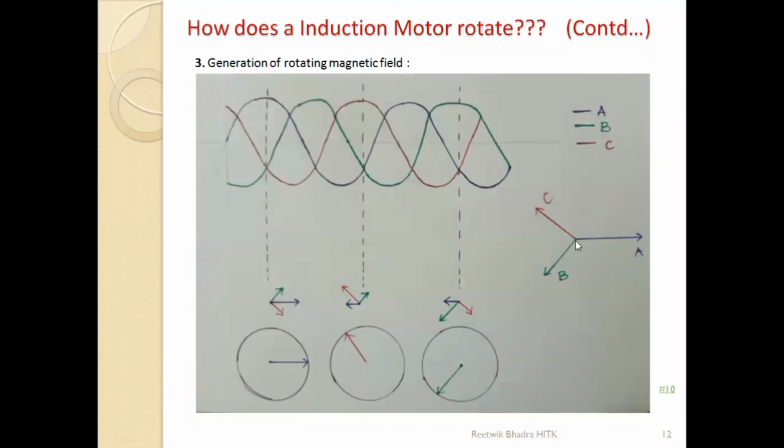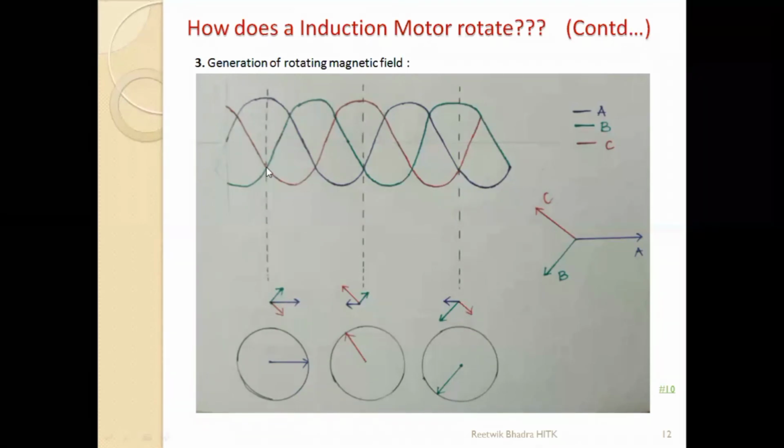Now I have taken this over here, A, B, C. Understood? So this is A blue line, B green line, C red line. Now, if you observe at this point, this blue line is which phasor? A, and it is having maximum positive value. Positive A is in which direction? This one. So I have drawn A positive in this direction only. Blue line A, I have drawn in this direction.